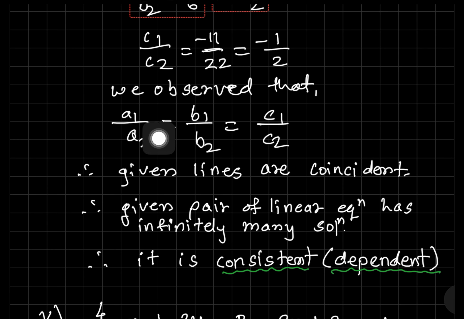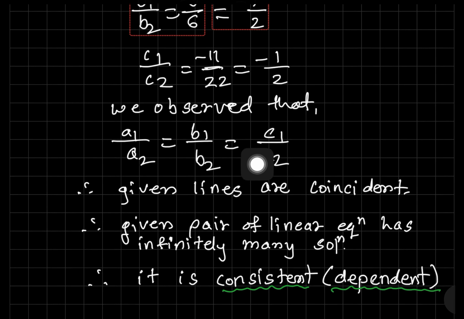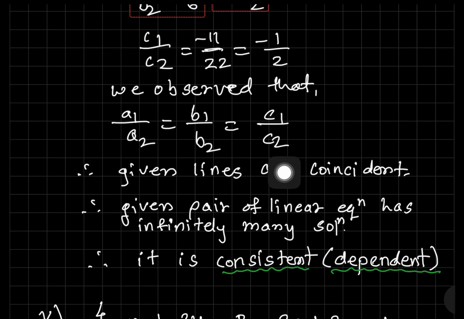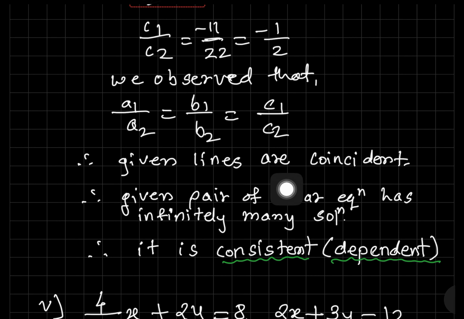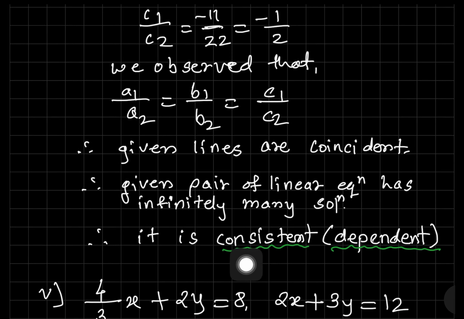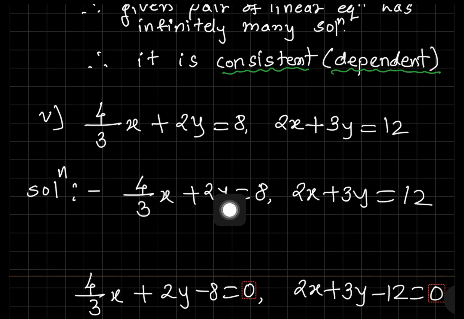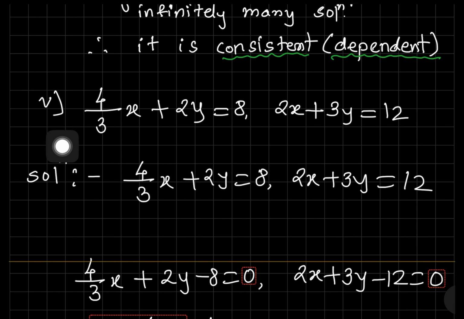Here all these ratios, a1 upon a2, b1 upon b2 equal to c1 upon c2, are equal, so the given lines are coincident. So the given pair of linear equations has infinitely many solutions, and so it is consistent, means dependent. Now the next question, example: 4x plus 3y equal to 8, and another one 2x plus 3y equal to